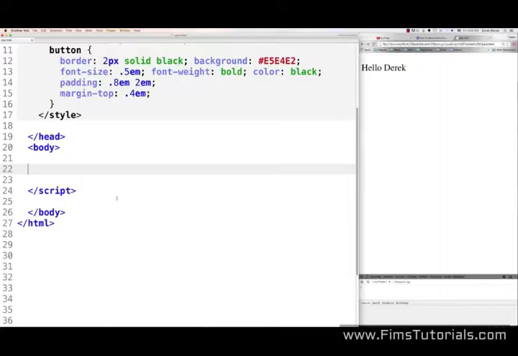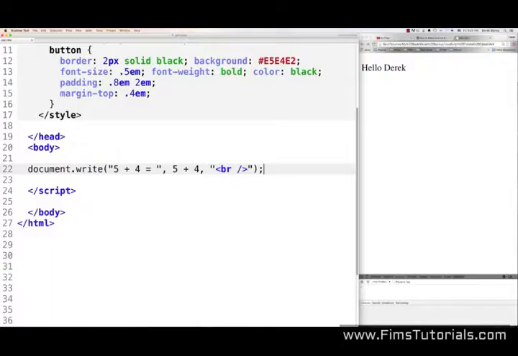So now let's take a little bit closer look at math functions. Now document.write is going to allow us to write out to the browser right over here. And I can just come in here and let's do a little bit of math. We'll say something like 5 plus 4 is equal to, and then what we're going to be able to do is come in here and perform a calculation directly inside of our write function. And then if I want to put a new line inside of here, I would just throw a break statement in